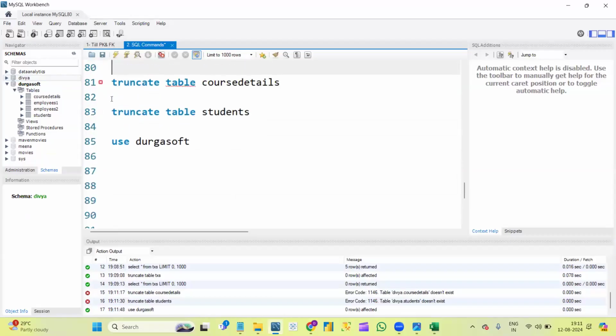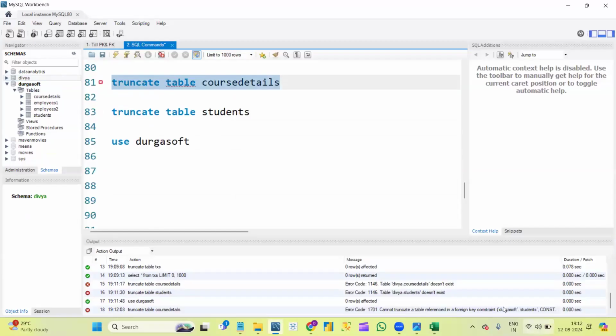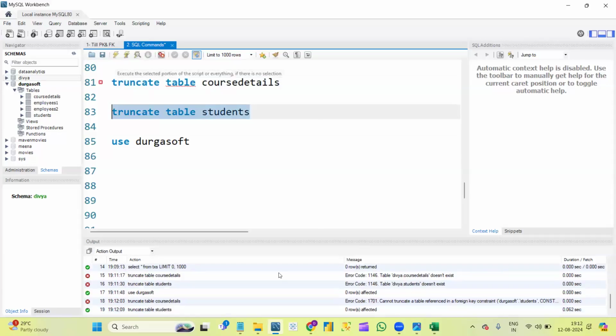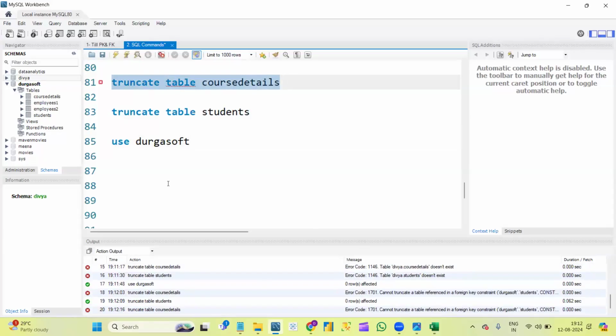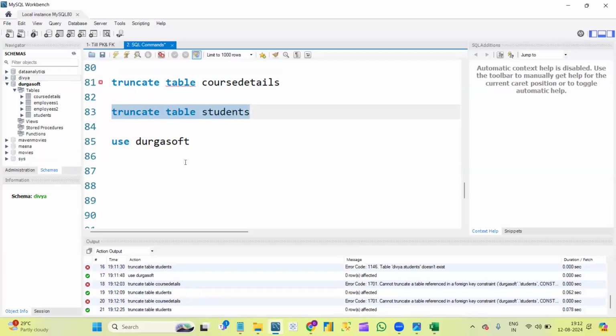If we use truncate on course details, it will throw us an error stating foreign key constraint error. But if we use truncate on the students table, it will work, right? It got affected. Now I can use truncate for course details. It won't throw an error. One second. Since we have a relationship between student and course details,